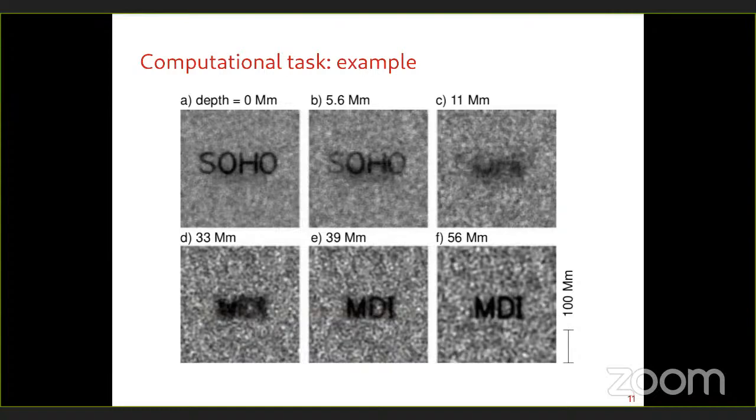O sea, llevándolo al escenario solar, es un valor que comparado, por ejemplo, con la zona convectiva, ¿qué tal? Exactamente. En el paper está especificado que ellos habían puesto precisamente esos valores para mirar cómo evoluciona la técnica de